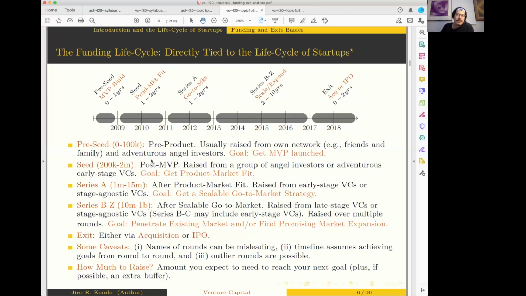Well, generally when that happens, we call this a pre-seed round. Not every startup is going to raise a pre-seed, okay? And usually with a pre-seed, the goal is to build an MVP, that first product that you try to start validating a little bit in the market. Generally that round involves you raising enough money to survive for about 1 to 1.5 years. I say 0 to 1 here, which is how much time we usually think this period would last.